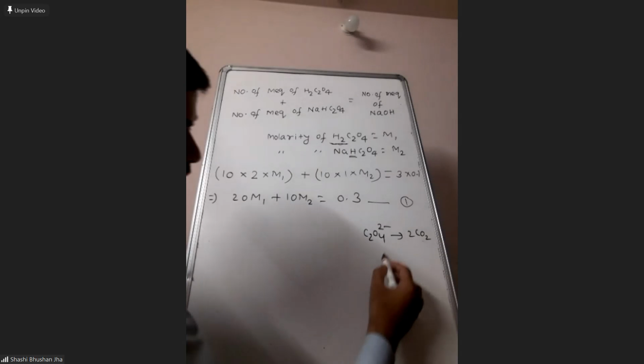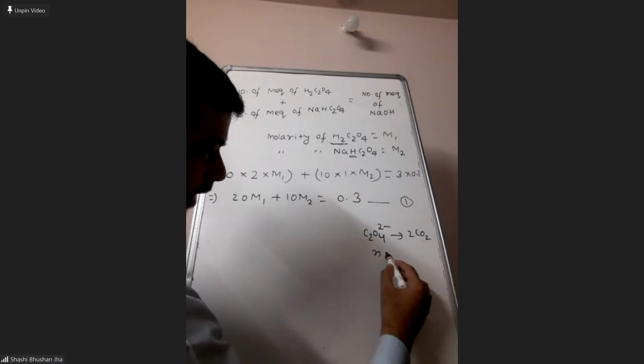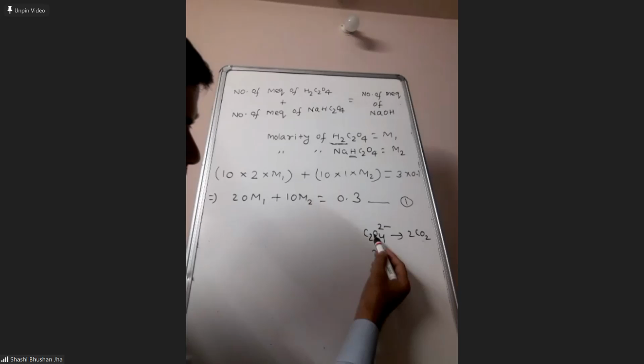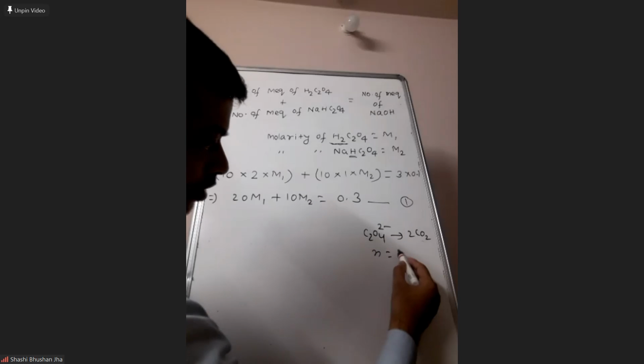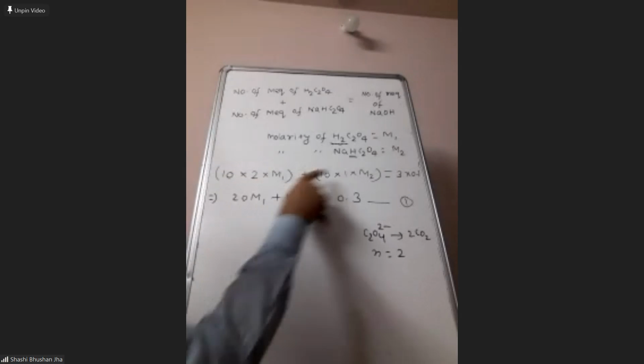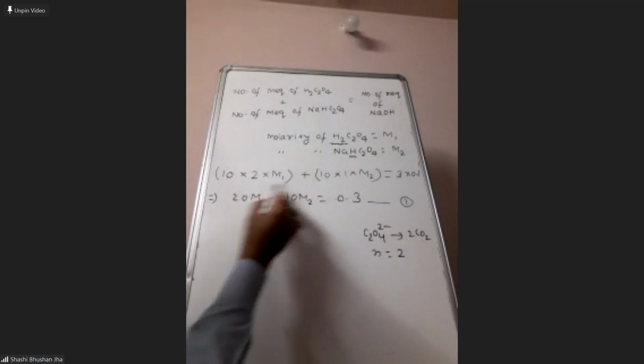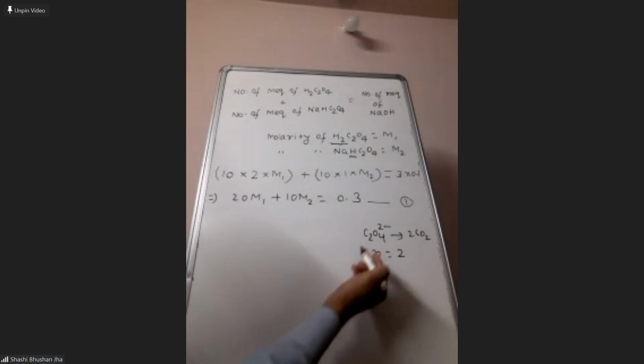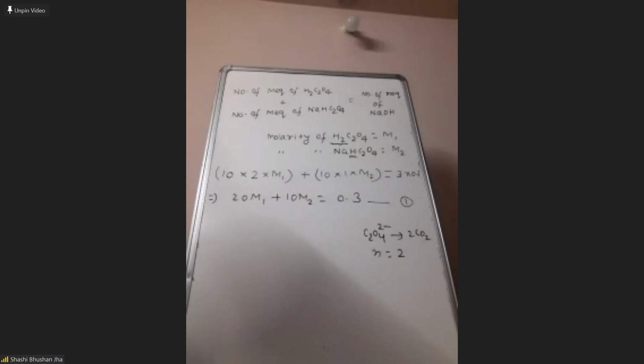So here, if you calculate the N factor, what is the N factor here? This is 2. So for the second reaction, the N factor of oxalic acid as well as sodium bioxalate, both will be 2, because with potassium permanganate, both will be oxidized to carbon dioxide. In the first case, N factors were 2 and 1, and these were different because the first reaction was an acid-base reaction. So N factor was depending on the number of acidic hydrogens. But here N factor will depend on this redox reaction, the oxidation of oxalate to carbon dioxide. So it will be 2 for oxalic acid as well as for sodium bioxalate.